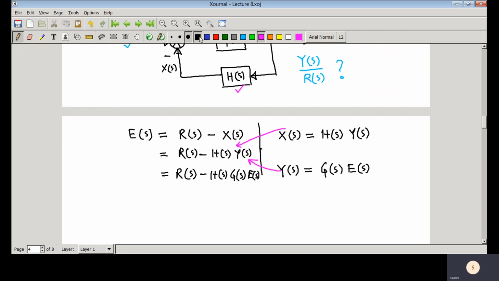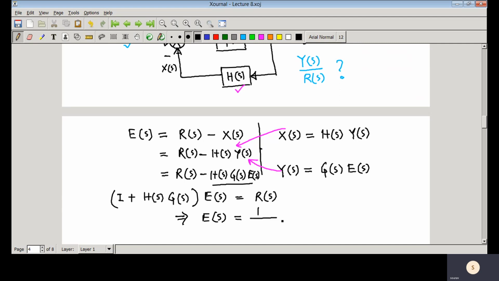So then if you simplify it, you bring this right hand term to the left, and you will get I plus H(s) G(s) into E(s), I have taken common E(s), equal to R(s). So from here you can see that E(s)